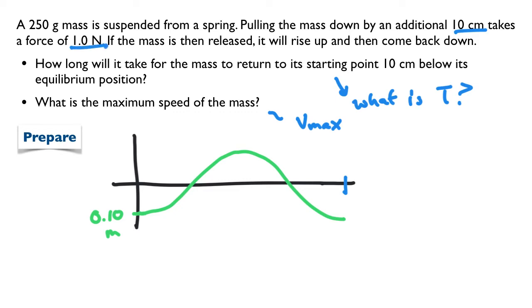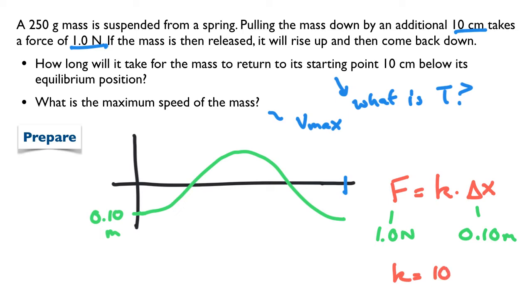We can use that to compute what the spring constant is, because remember, the magnitude of the restoring force of a spring is equal to k times delta x, where delta x is the stretch of the spring. So we require a force of 1.0 newtons for a stretch of 0.10 meters, and that tells me that the spring constant is equal to 10 newtons per meter. And that will be an important piece of data which we'll use in solving the problem,